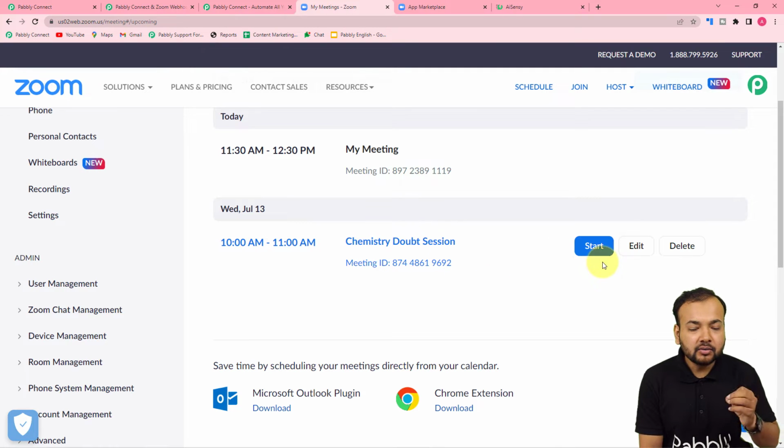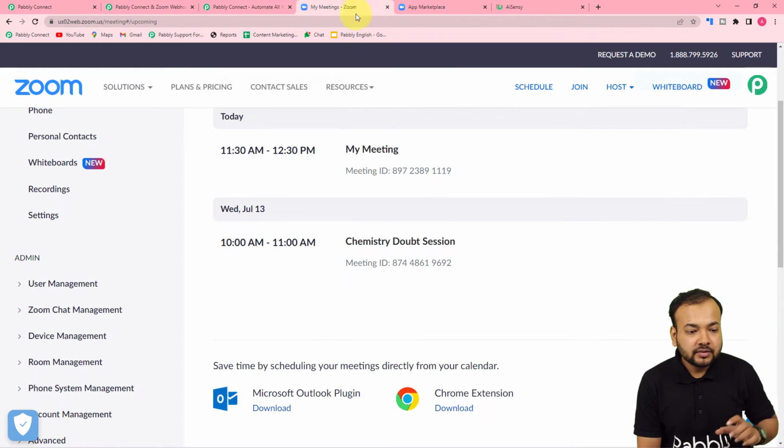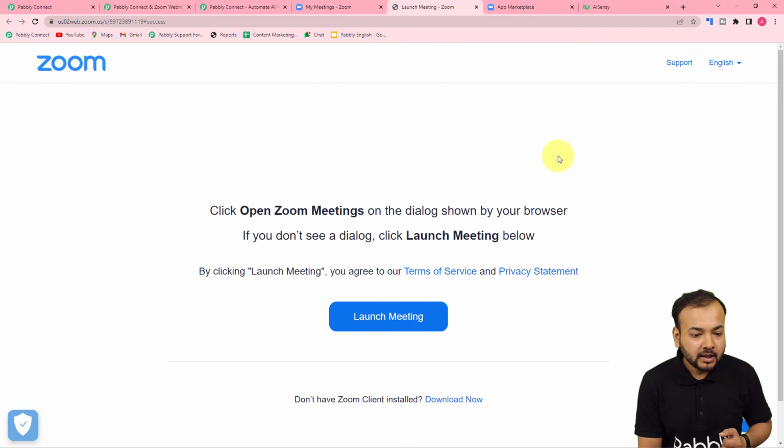Okay, so what I'm going to do now, I'm going to start this meeting, I'm going to record this meeting in the cloud space, and as and when the meeting is going to complete, the data will be captured here in the workflow. Let me show you. So that data will act as test data for us to set up the automation further. So I'm just starting this meeting here. Okay, and I'm going to click on launch meeting,